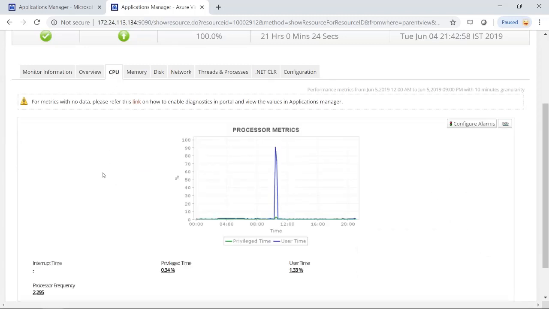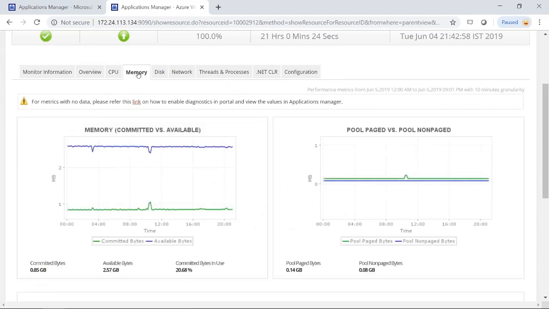So as we see under the CPU utilization, we identify the processor metrics where a user can identify the overall privilege time as well as the user time, followed by the processor frequency. Now, similarly, under the memory, we monitor the committed versus the available memory, wherein in simple terms, we monitor the respective used memory as well as the free memory that is available for a specific VM, followed by monitoring of the pool page versus non-pool page, which is the DB operations or any operations being run in the